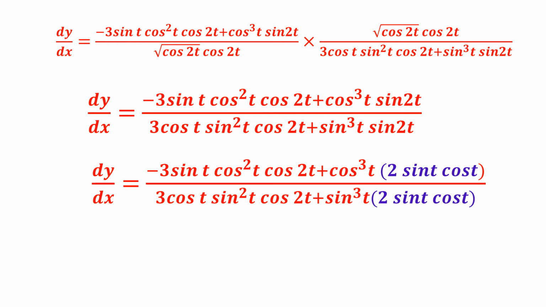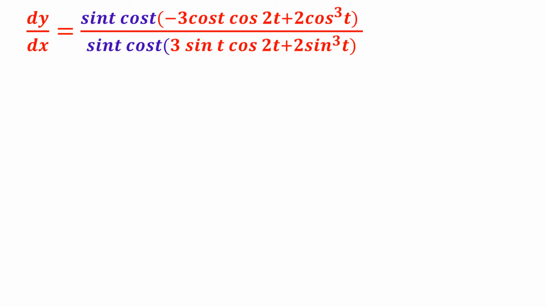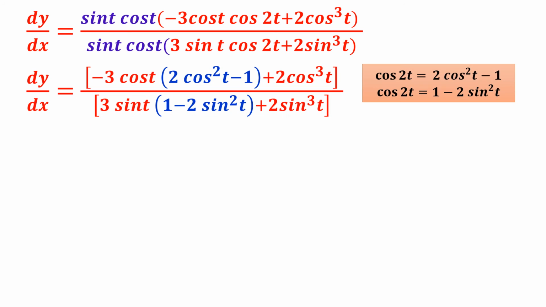Now by taking cos cube t outside, sin 2t can be written as 2 sin t cos t in both numerator and denominator. Now from the first term and the second term, sin t cos t is coming out, taken from the numerator and the denominator also. As we have taken sin t cos t common in both, it will get cancelled. After it gets cancelled, now we will go for replacing the cos 2t formula.